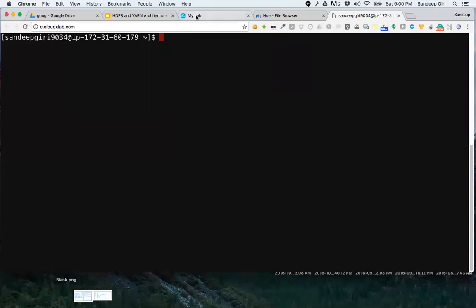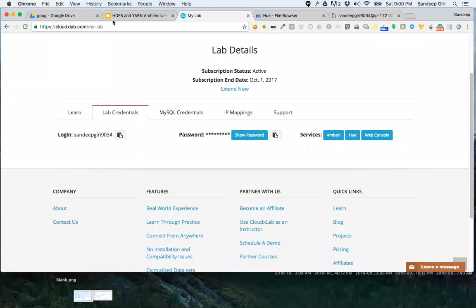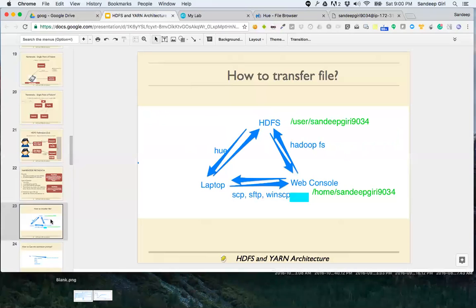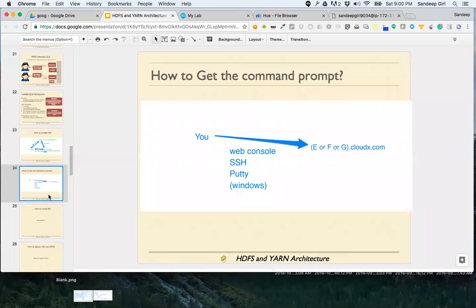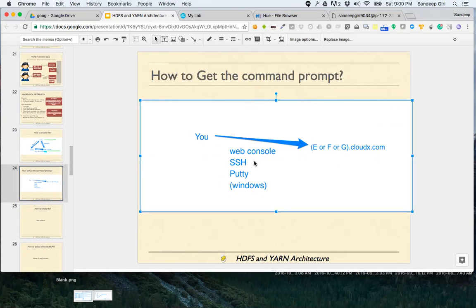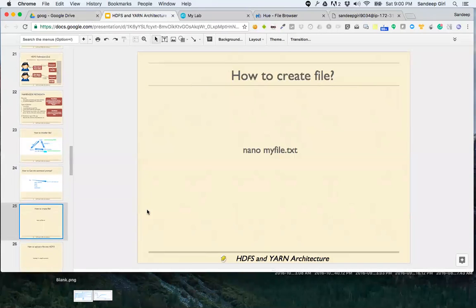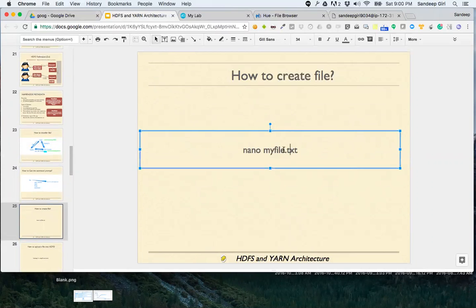All right. So that was it about HDFS. How to get the command prompt? Let's say how to get to the console. Either use web console, use SSH. On Windows, use PuTTY. How to create a file? If you're on the web console, you use nano.